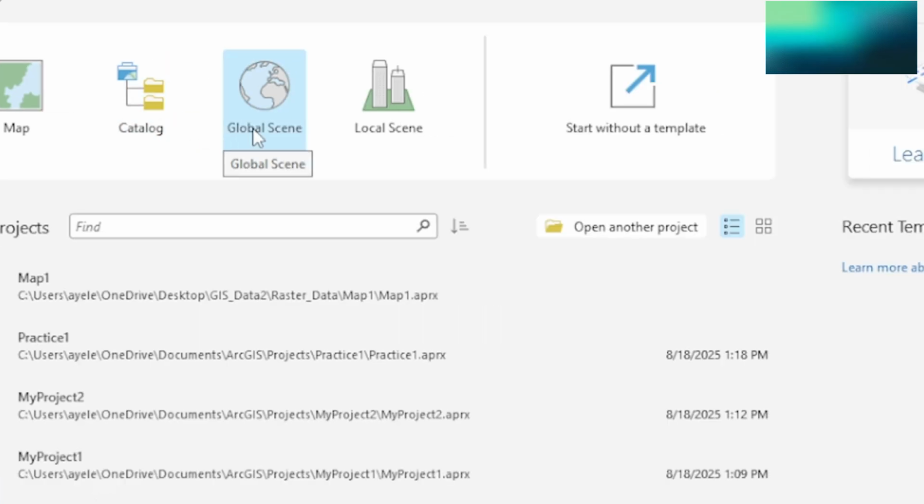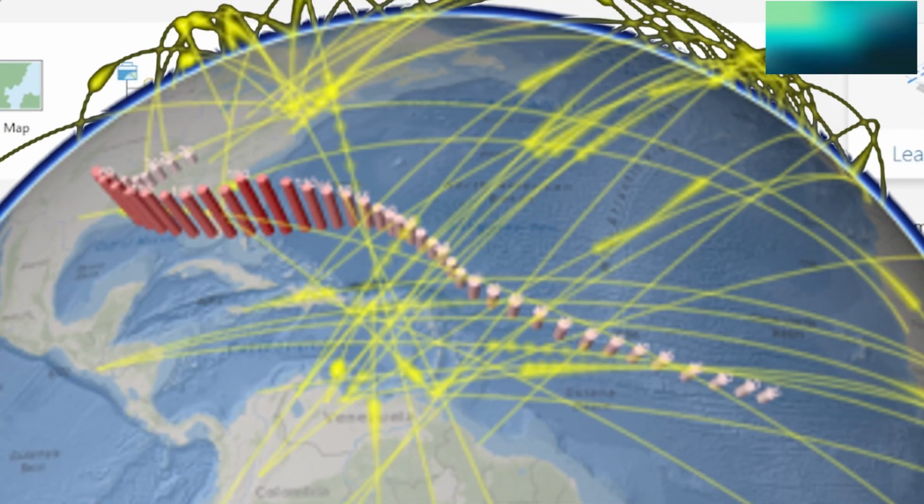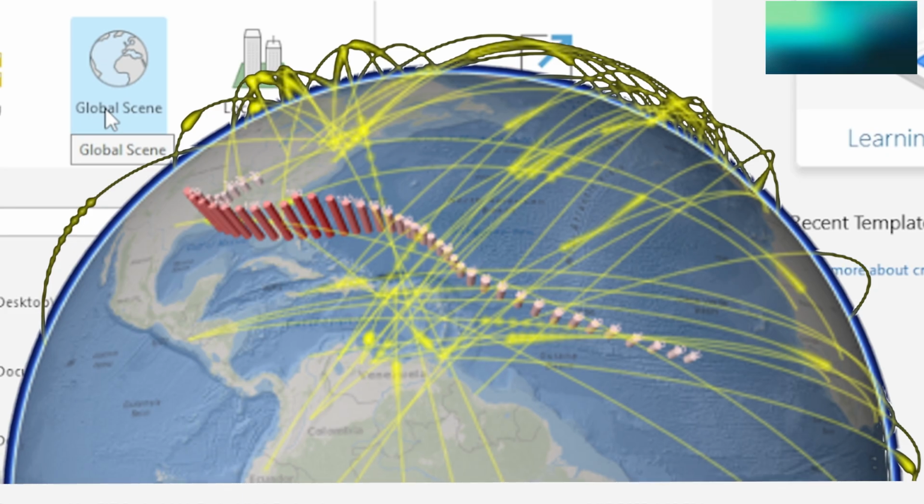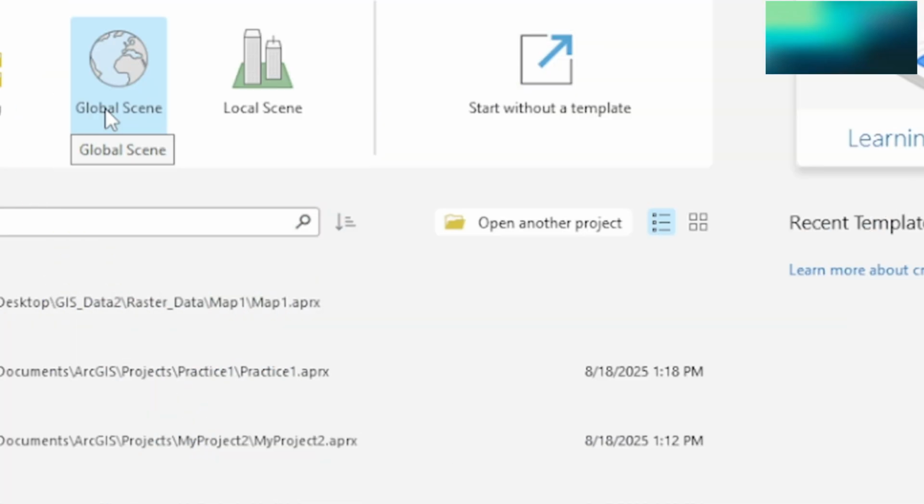And the third template in new project is Global Scene, which opens a global scene that uses the ArcGIS organizational default base map and default elevation surface. That means three-dimensional indications of the default base map. And the fourth one is Local Scene.